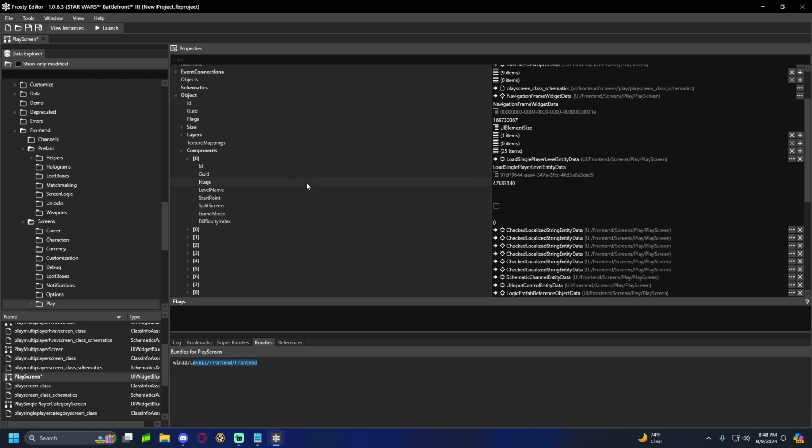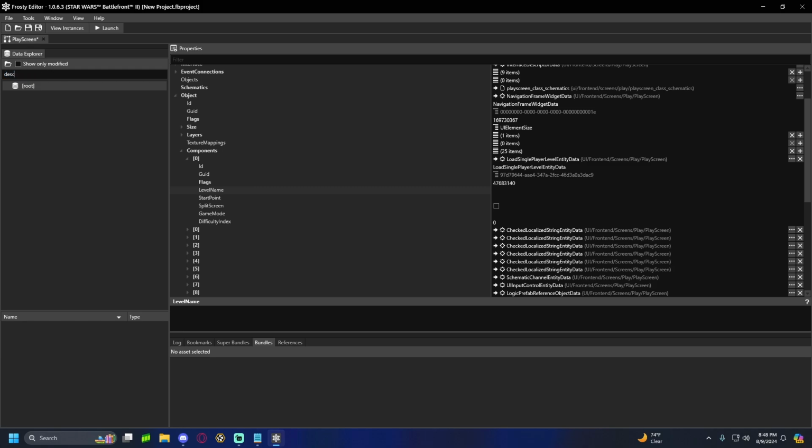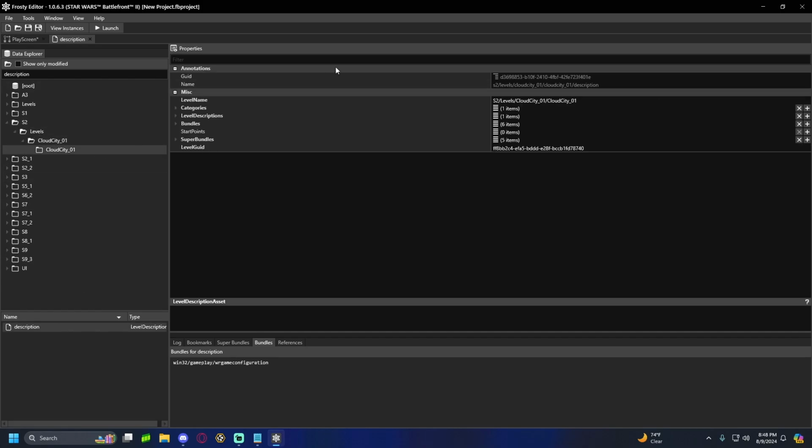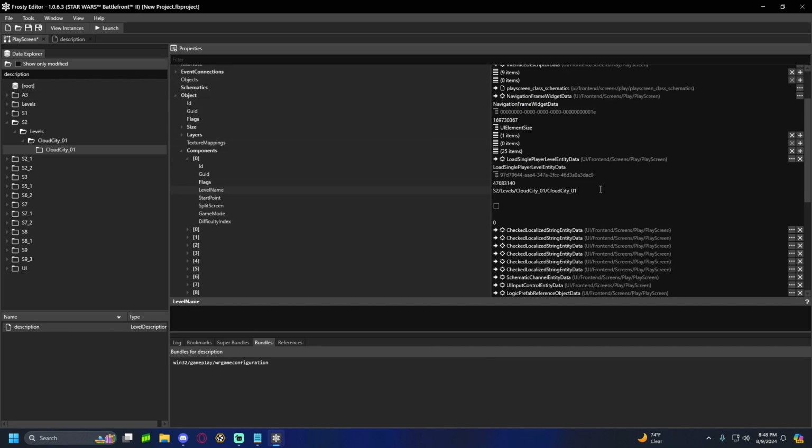But yeah, now we need to set the information inside of the load single player level. And to do that, we need to look inside of a description file. Search description. Every level has a description file, and what I will use is Bespin here. So Cloud City is Bespin, and upon opening this description file, the level name here will be copy pasted into the level name here. And what this does is it tells the load single player component to which level to